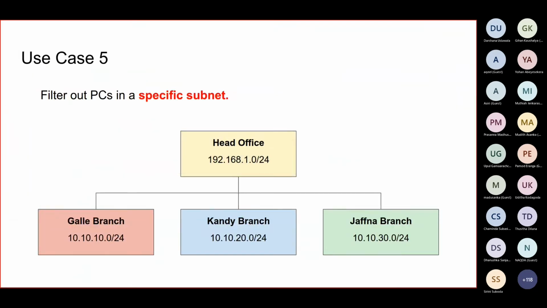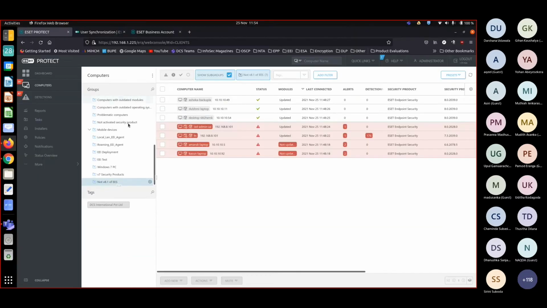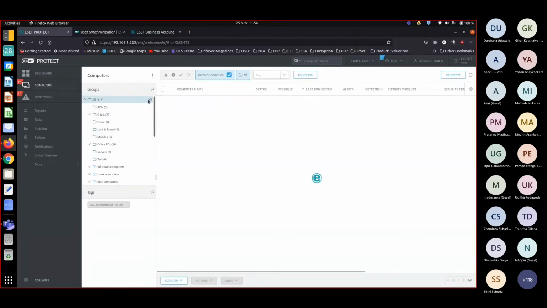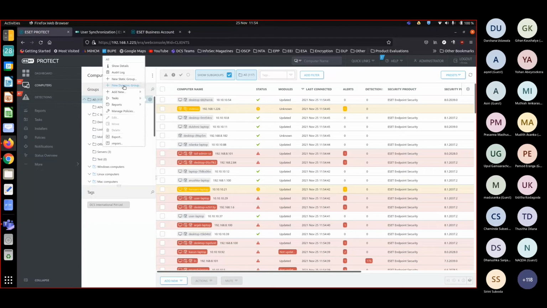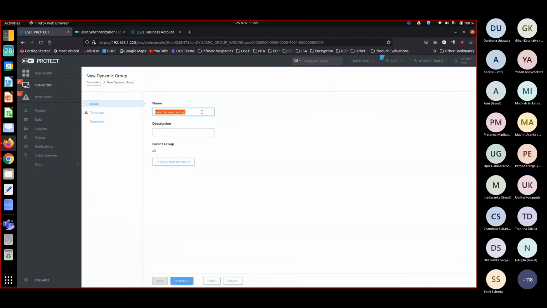This is pretty simple, just a single line. So under All, I'm creating a dynamic group. Let me name it Head Office Subnet. So all machines belonging to the head office subnet will be identified.